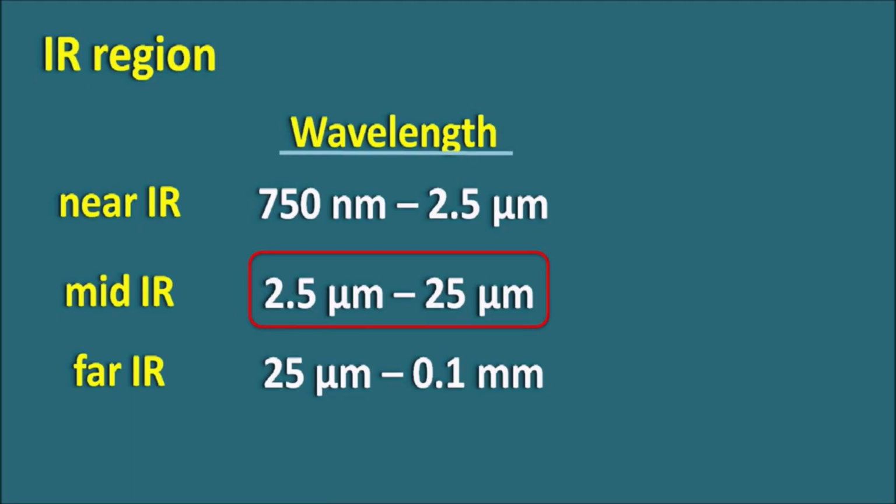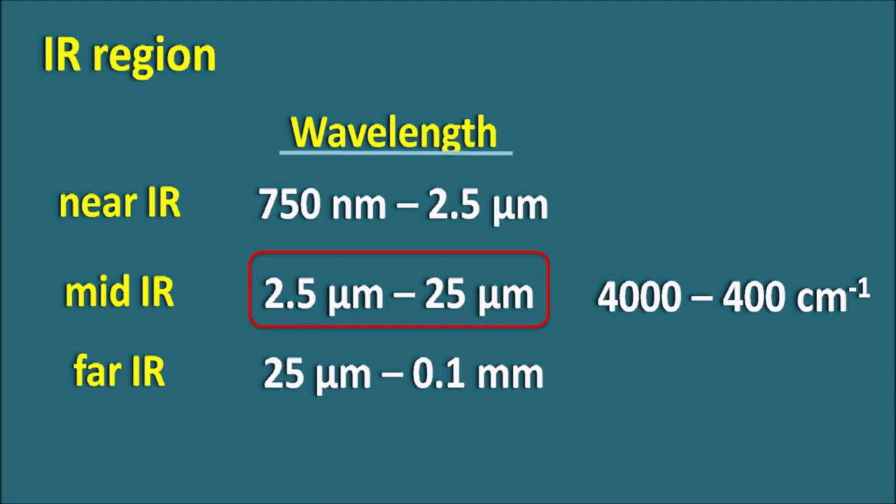But in IR spectroscopy, we measure the absorption in terms of wave number. So this mid-IR region, when expressed in terms of wave number, becomes 4000 to 400 centimeter inverse. So 2.5 microns to 25 microns of wavelength, otherwise 4000 to 400 centimeter inverse of wave number, indicates the mid-IR region, which is widely used for pharmaceutical analysis. In this video, let us discuss how IR spectroscopy works and how vibrational transitions can result in